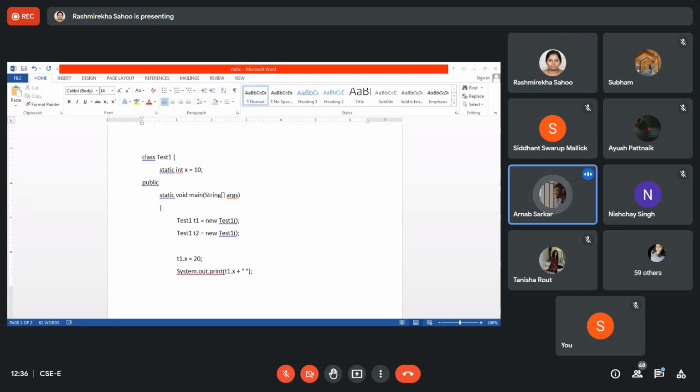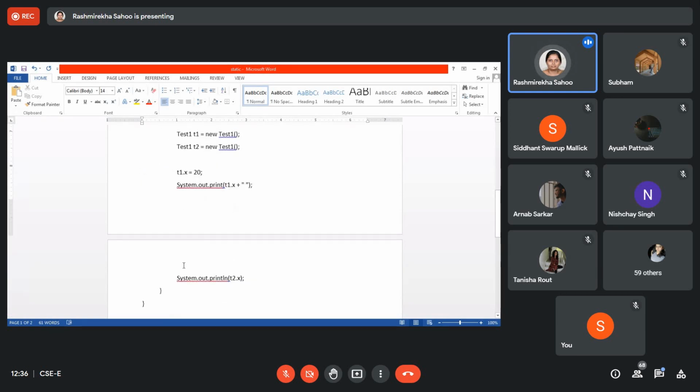It is coming 20. 20 or 2020? 2020. So why 2020? Because it has used only one object, T1. T1.x is 20.